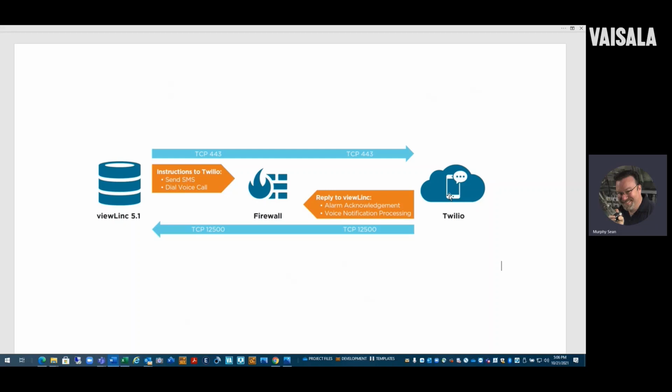But I've basically given you the highlights of what happens if it's not possible to get inbound through to TCP 12500. You can map it through an IP address if you have a static IP, or you can use DNS to point the port inbound to your server. So there's a couple of different ways to do that. But this gives you an overview of what happens if you don't have the optimum setup because of IT restrictions.